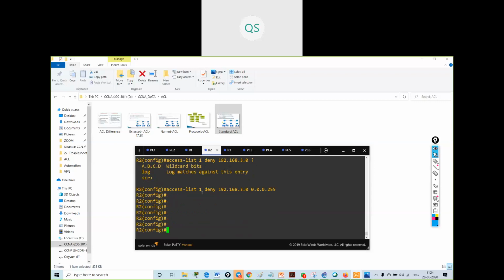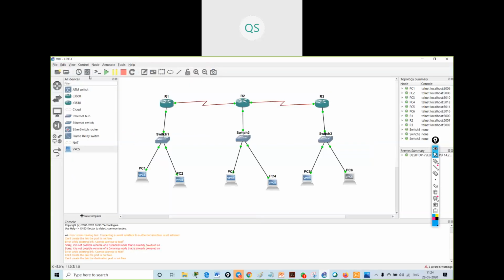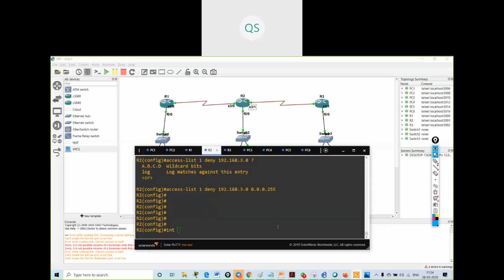Now I have to implement the access list, so I have to go inside the interface. I have to implement it over here on fast Ethernet. Interface fast Ethernet 0/0, IP access-group 1.